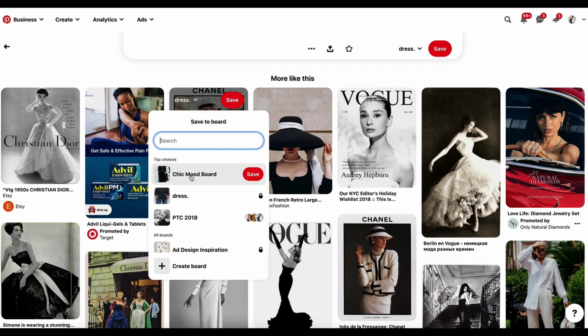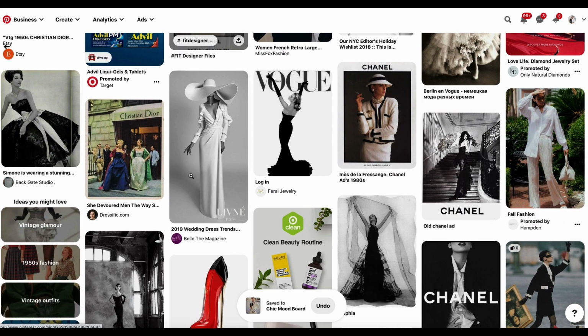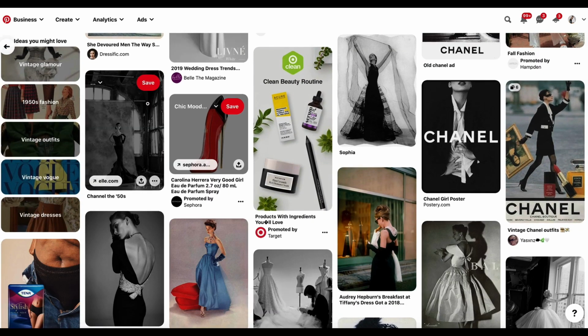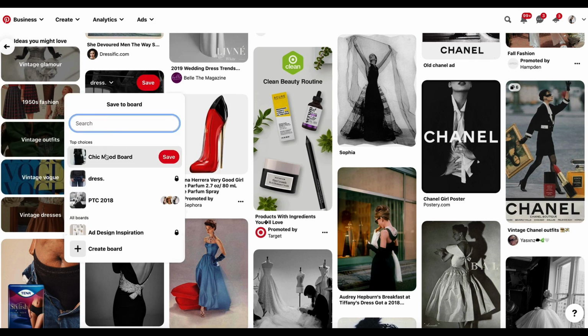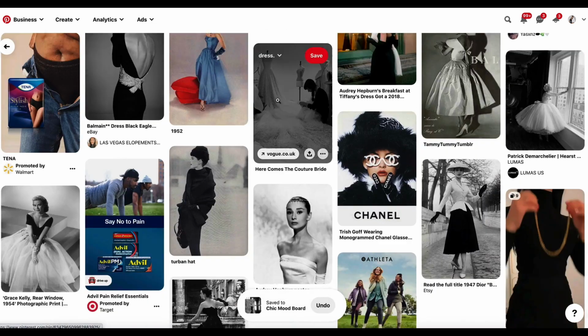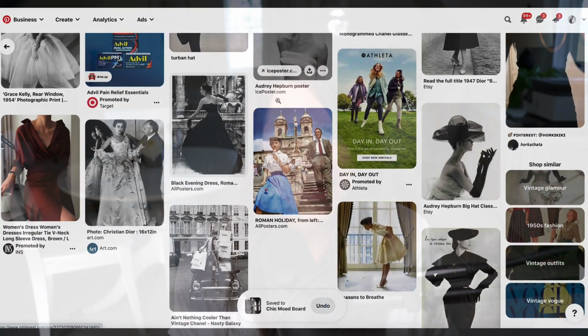So this might help you find even more images that you like, even more colors or more fonts or more patterns that you hadn't even considered before, but that Pinterest thinks are relevant to the image that you're looking at. And so that's a really great way to come up with a big batch of images that you can draw